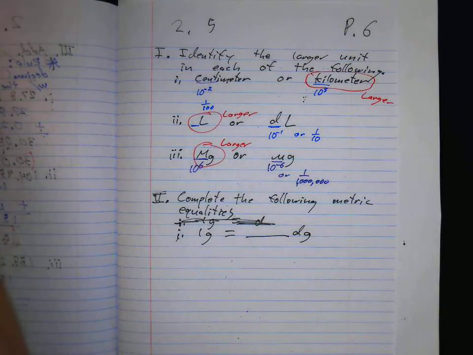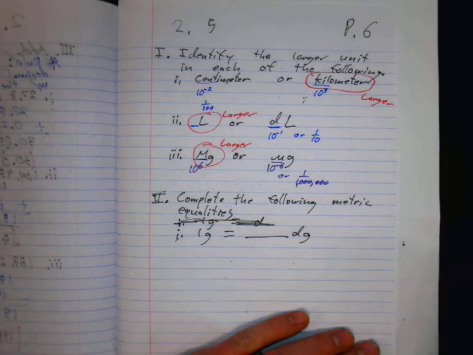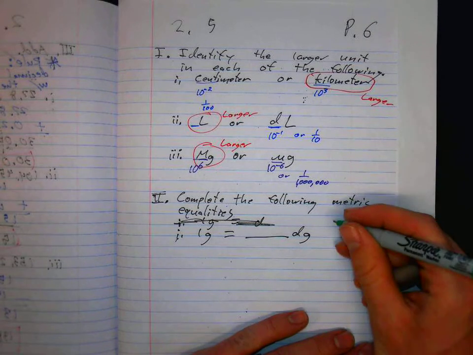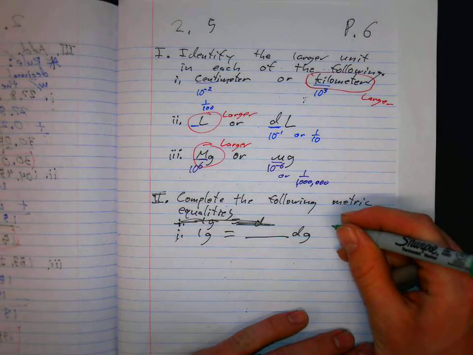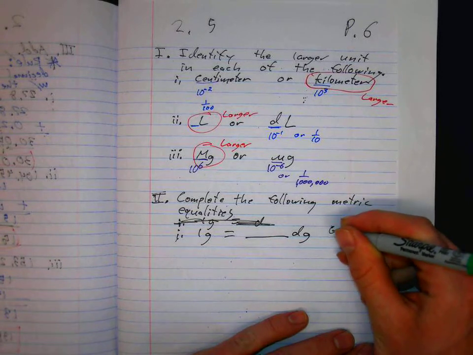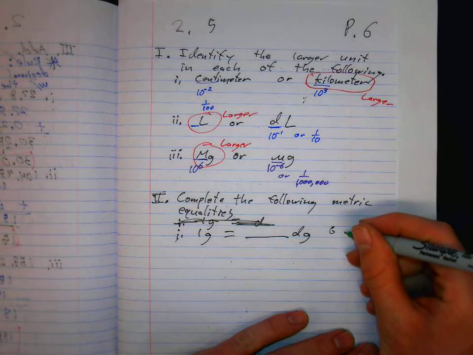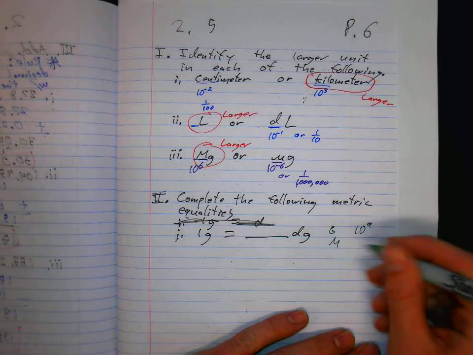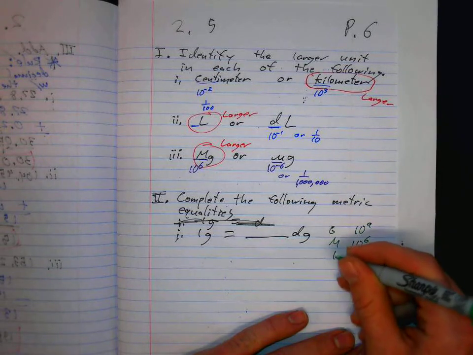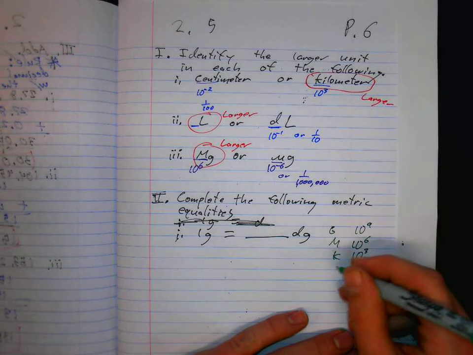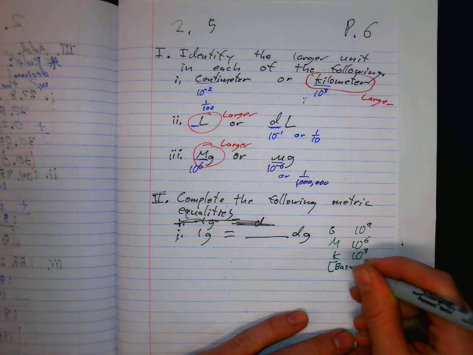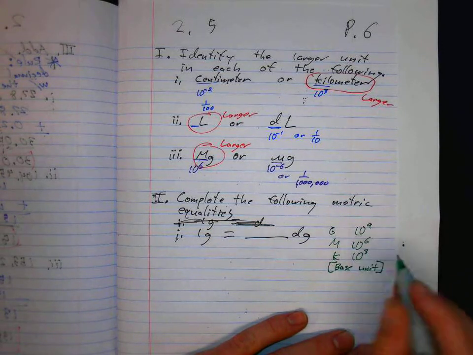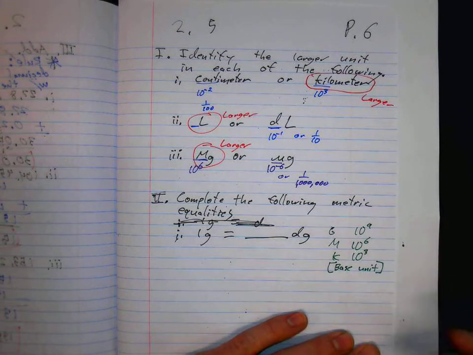Alright, off here to the side, I'm going to make a note of our metric prefixes and the meaning of each. And so we have giga, with a capital G, and so that is 1 billion or 10 to the 9th. And then we have mega, which is 10 to the 6. We have kilo, 10 to the 3rd. Then we have the base unit,